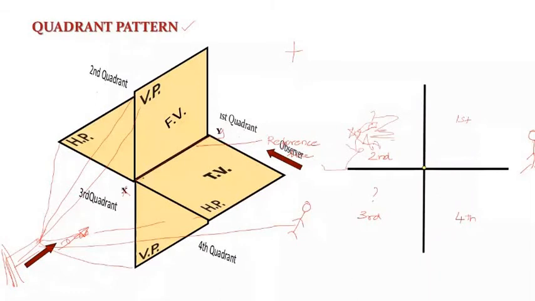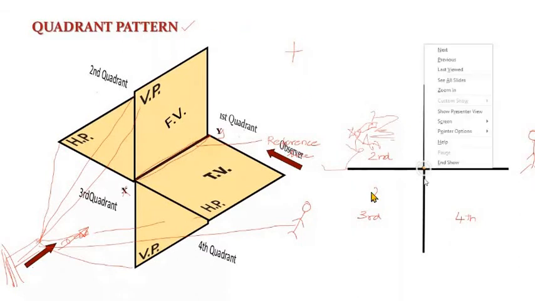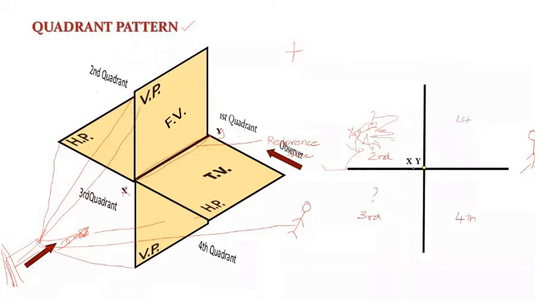And what about this XY line? Whether the XY line will be visible from here? The X point is visible, sir. Yes, because the Y point will be just behind the X point. Am I right? Yes. So it will look like a point somewhere here, and the Y point will be behind that. And this will be my vertical plane, and this will be my horizontal plane, and the position of the observer will be somewhere here.